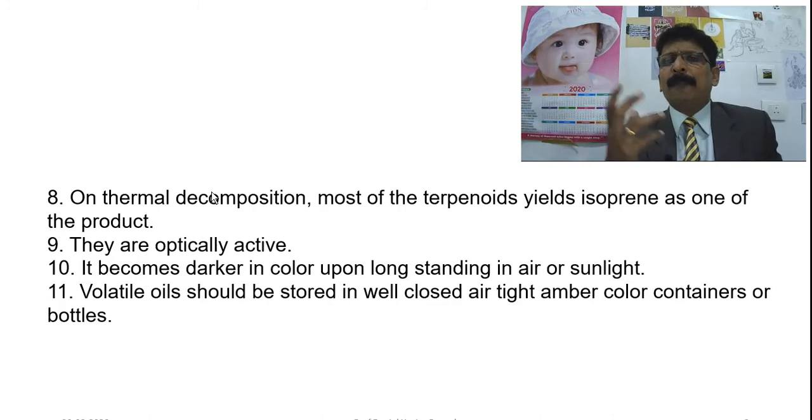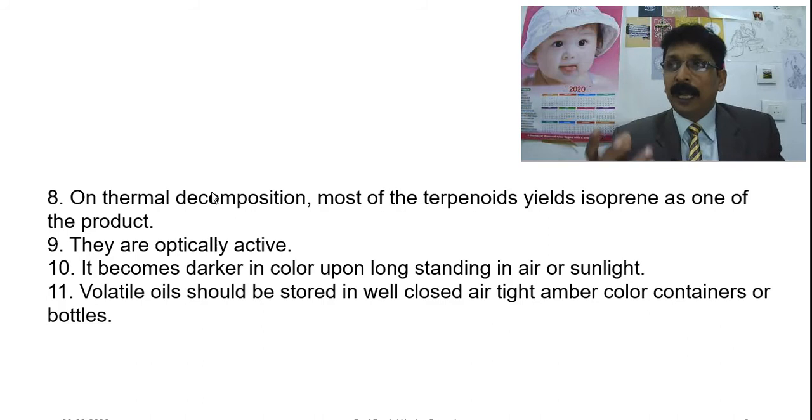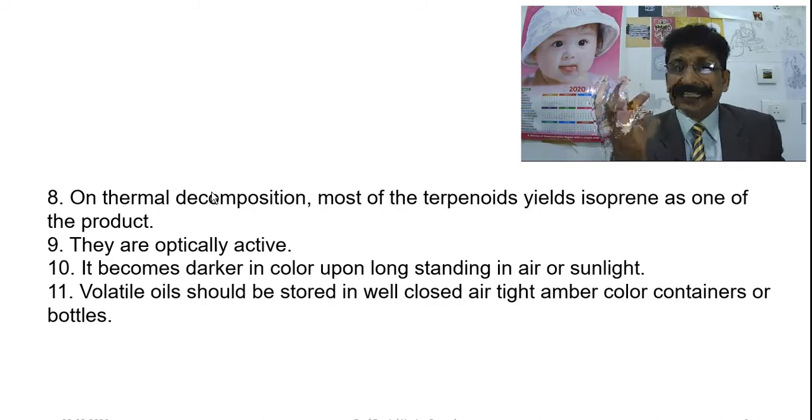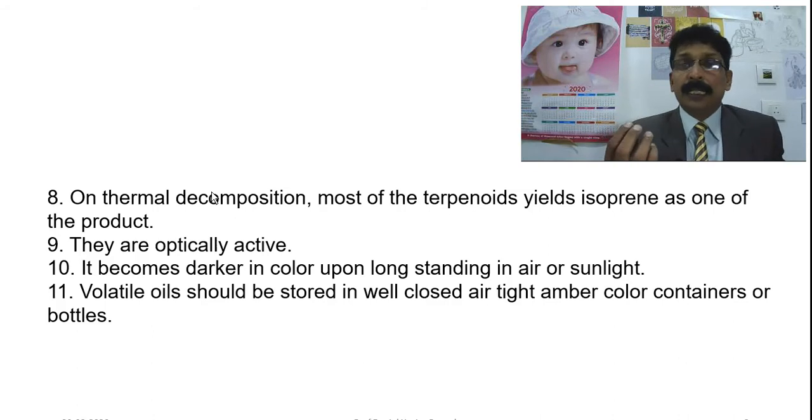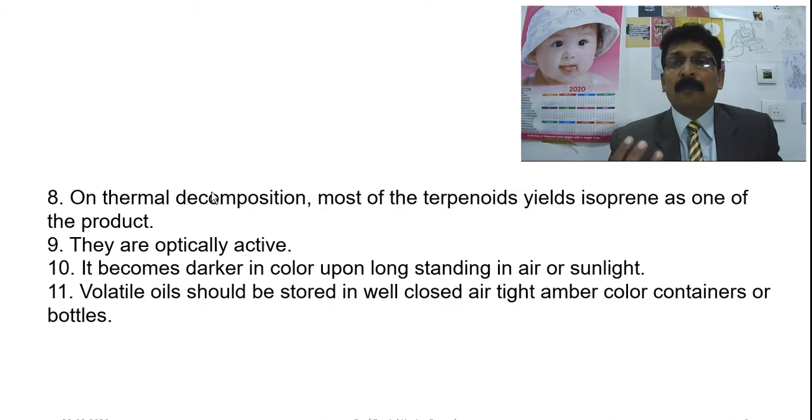What do you mean by amber colored? Compared to plain glass, amber is a slightly brownish color, which can block the UV light from falling in and protect the product kept in the amber colored bottle. You can see this with ampules in the injection area when you come to the pharmacy. There may be amber colored ampules and plain